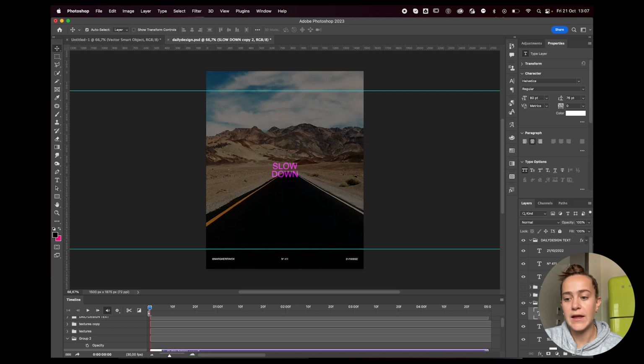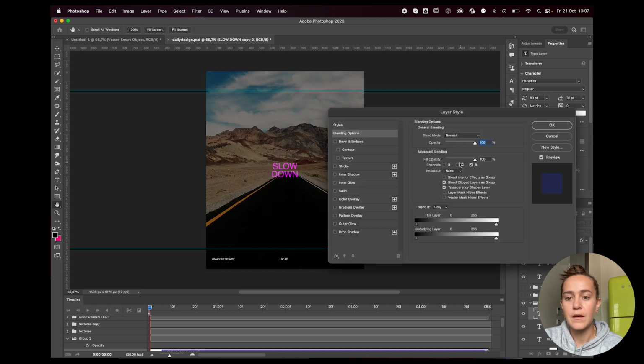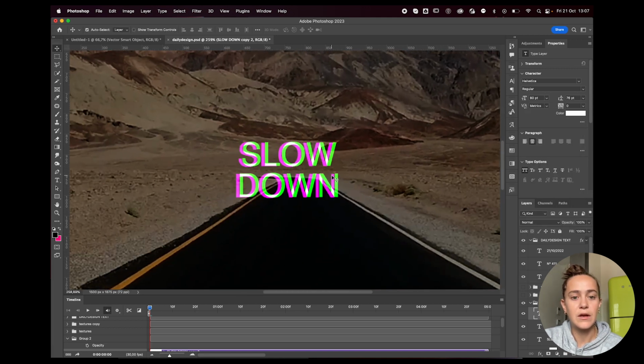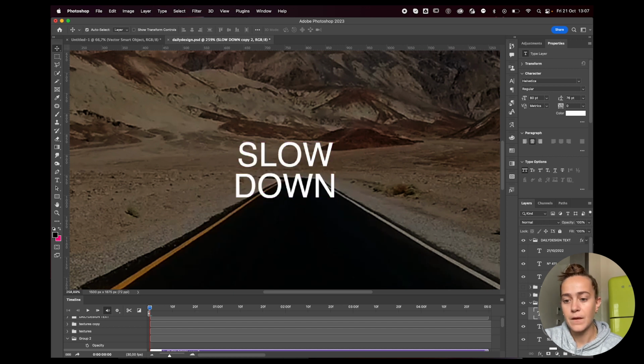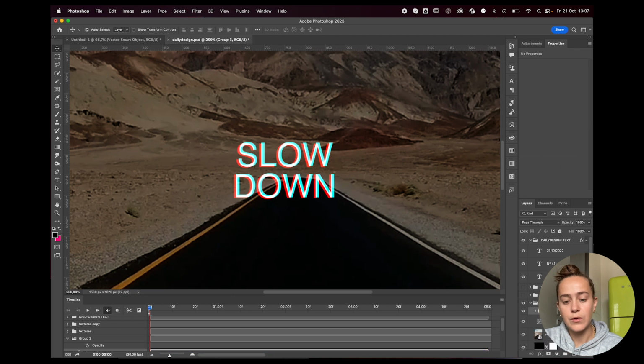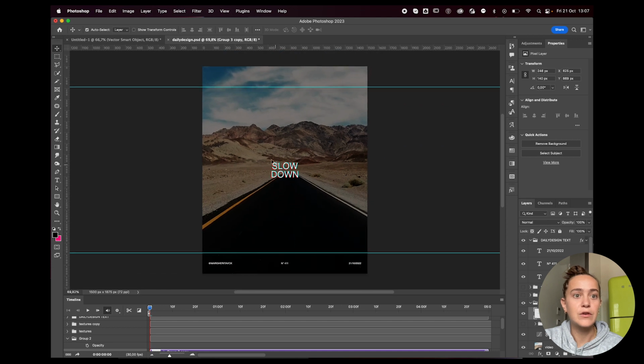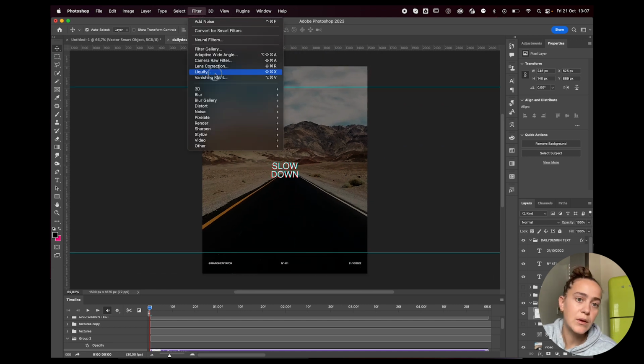I'll duplicate again and just select the green one. Now I can move with the arrow keys and we'll get this pretty cool effect. Depending on which layer you move, you're gonna get different color combinations. Pretty cool. I'm going to then group all three, duplicate, merge, and we're going to go to filter, liquify, and